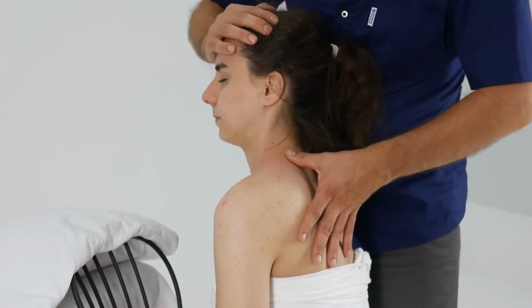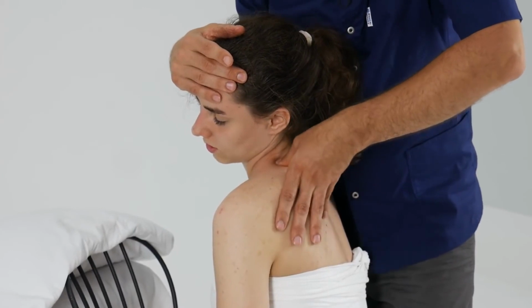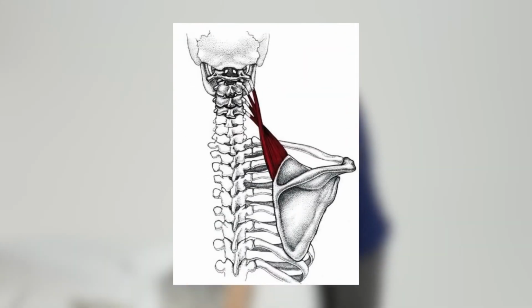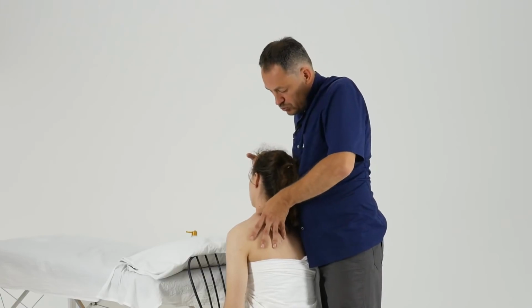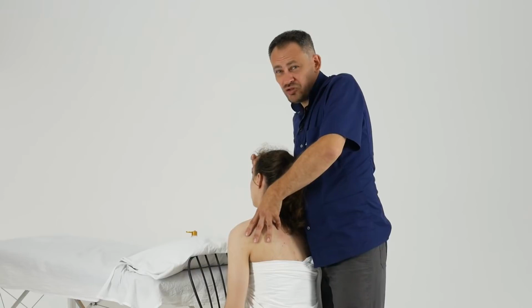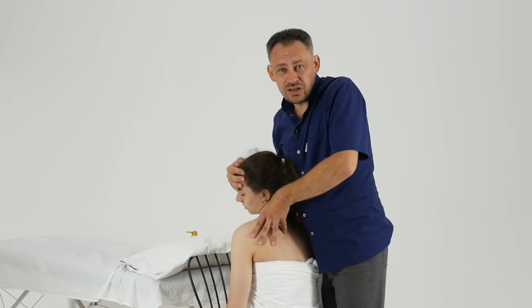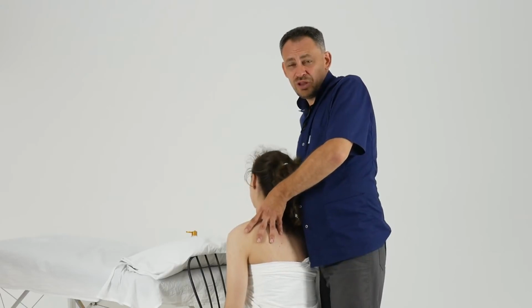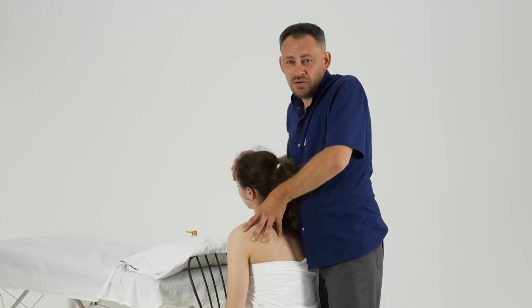A very important point is the condition of the muscle that lifts the shoulder blade. Very often people do not know about its existence at all. It performs a radically different movement. On the contrary, it brings the head to the shoulder, tilts and turns the head in that direction. The place at the top of the scapula is the place of attachment of the muscle that lifts the scapula, and very often this pain is not realized as a specific place and is perceived as pain spread